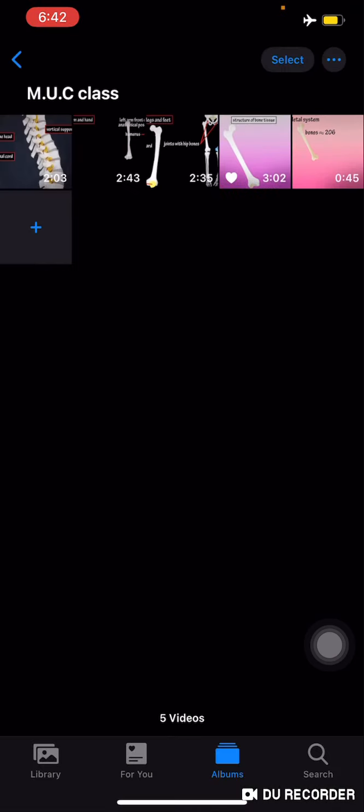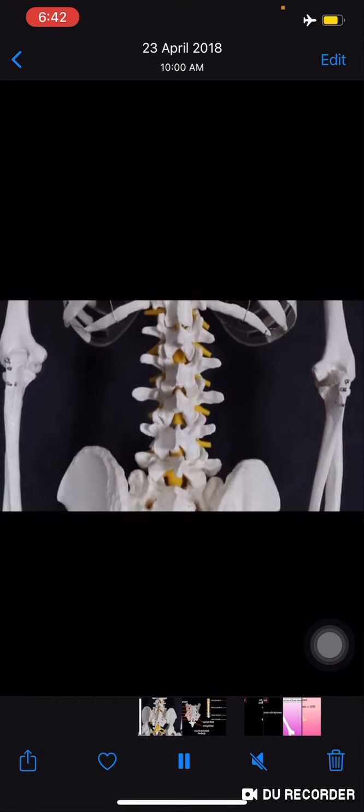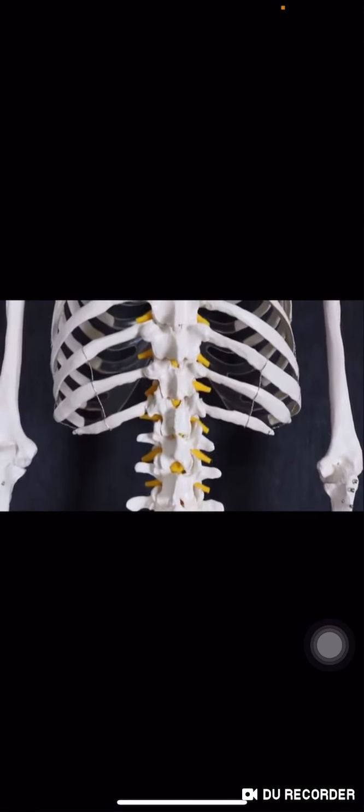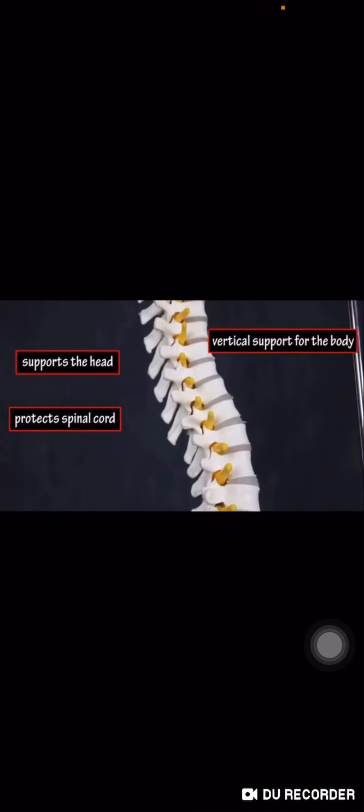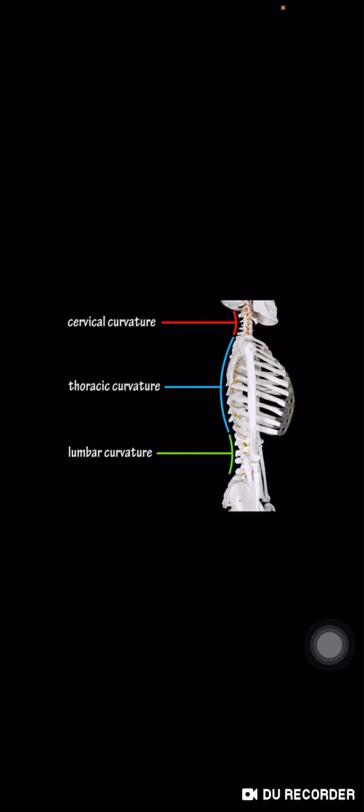So let's go to the structure of the vertebral column, which many students have asked about. The vertebral column that runs down the back of our body is one of the most complex integrating structures in our body. It provides protection for the spinal cord, gives vertical support for our bodies, and articulates to form joints with the ribs. There are four major curvatures in the vertebral column. At the top is the cervical curvature, beneath that is the thoracic curvature, then the lumbar curvature, and finally the sacral